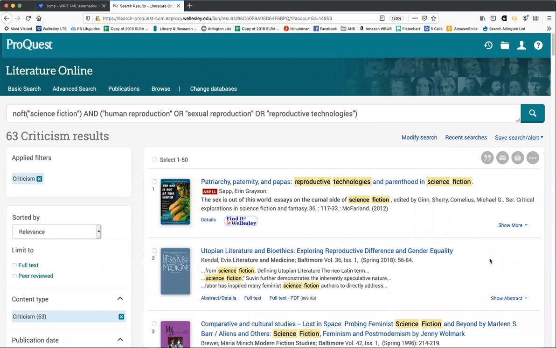Again, it depends on how many results you get. You might not want to focus. You may want to scan your results to start, because maybe something has a whole section on science fiction, but it isn't mentioned in the abstract. So again, you need to play around with your search terms, be flexible, be persistent,